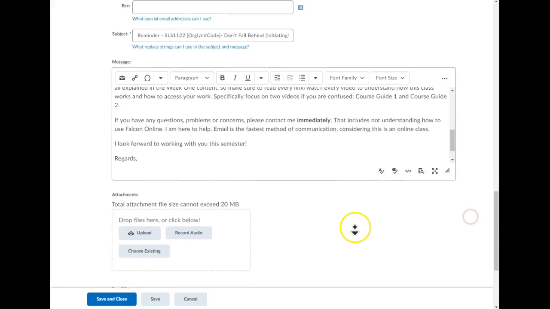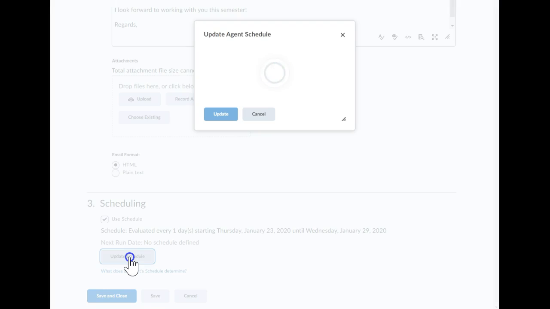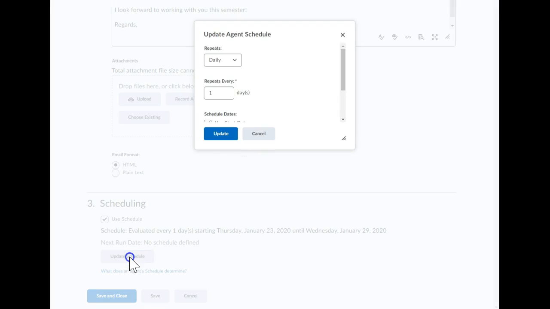All you now need to do is at the bottom here, you need to choose your scheduling. So how often or frequently do you want this to occur? So for this particular one, you would want to update the schedule, and our classes start on June 29th. So you would want to run it daily from June 29th. So we'll just change that and say